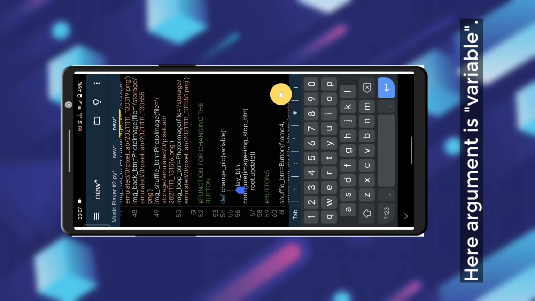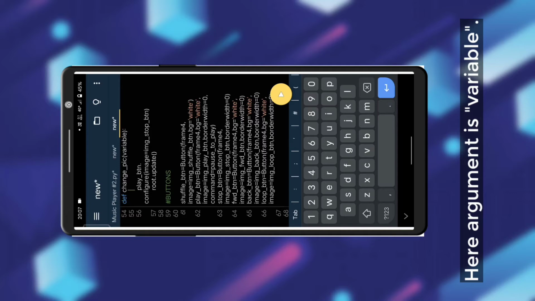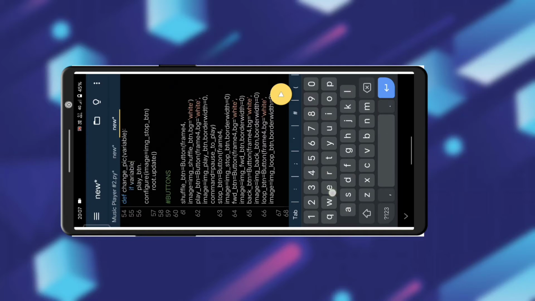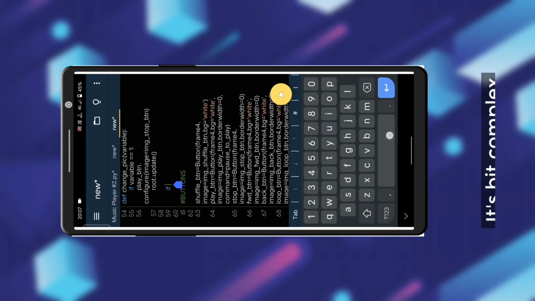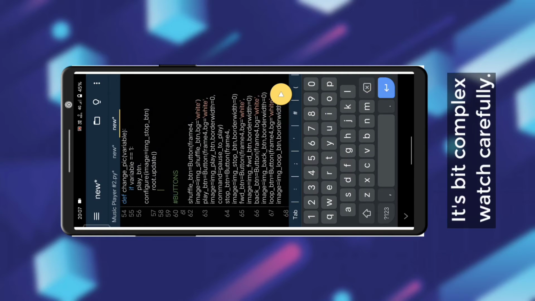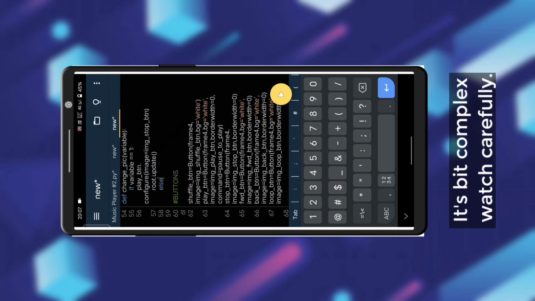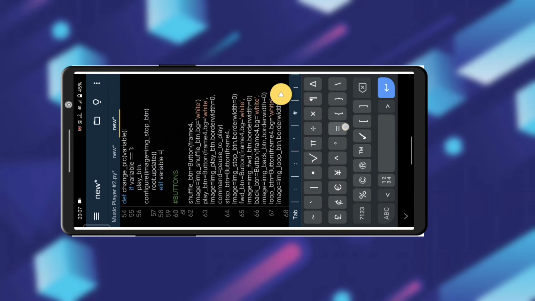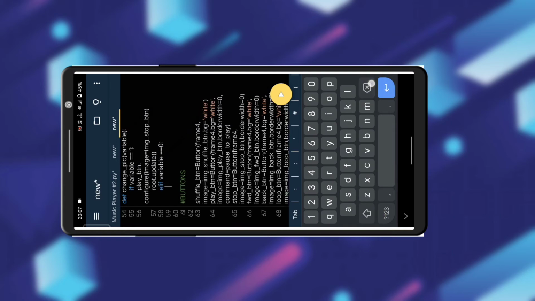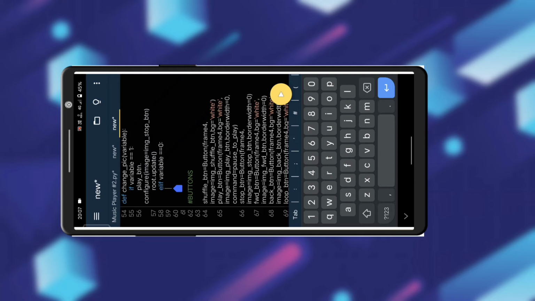So guys, as you can see that we have changed the name of our function and entered an argument inside it. So basically this argument is going to be responsible for changing the picture from pause to play and play to pause. So we are writing an if condition which checks whether the value of the variable is 1 or 0. So let's write an else statement which will check if the variable is equals to 0. And guys, don't worry, I am going to explain to you all about this variable and how it is going to change its value. Just let me complete this part and I will explain this code.